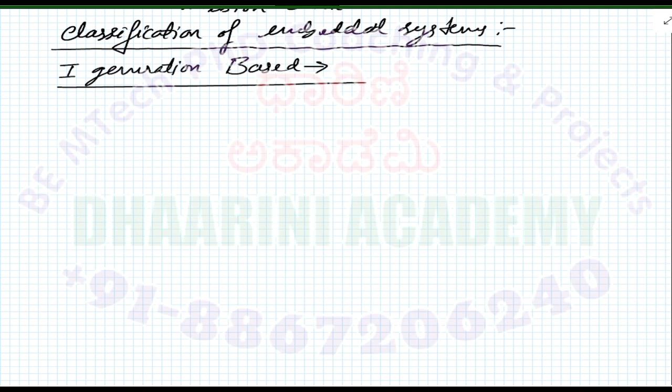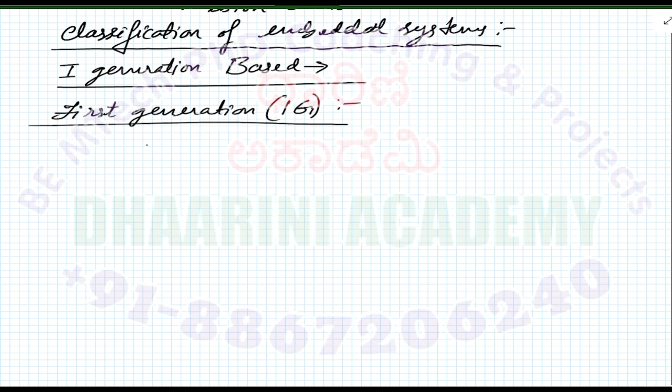So the first category is called the first generation. Normally 1G is the standard notation for that. So in the first generation, what are the features? Normally this generation was